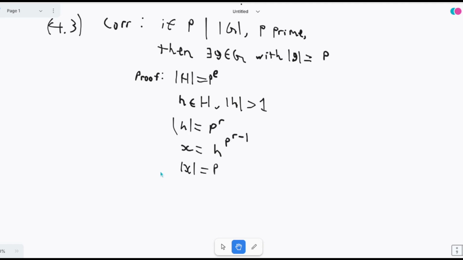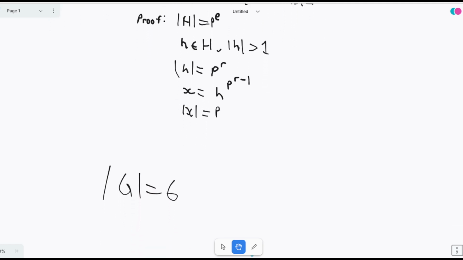So actually, if we look at groups of order 6, there are only 2 distinct groups of order 6 up to isomorphism. So if we say that the order of G is equal to 6,